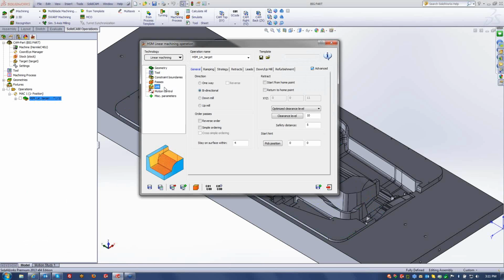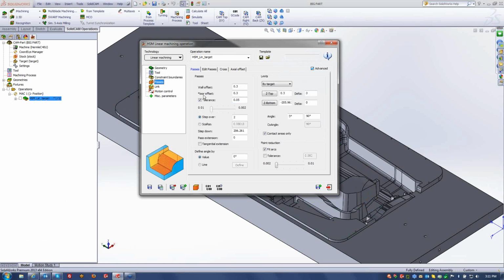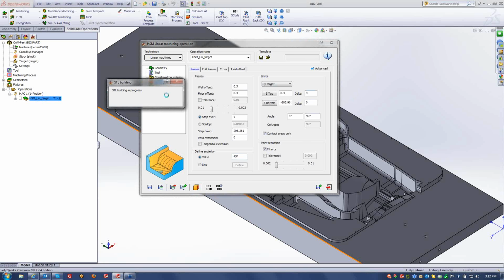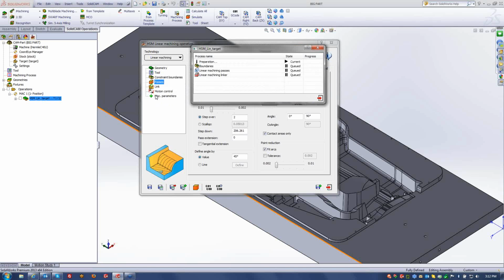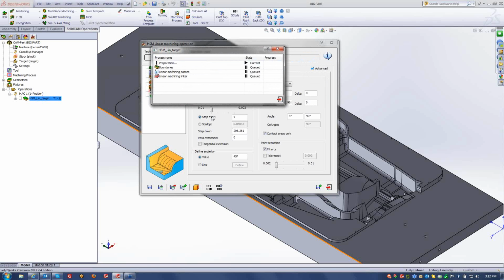Okay, I want to stop, go back to the tolerance, and work only with the default, 0.01. Now when I change the tolerance, I calculate the STL again, and here I want to work with 45 degrees, and I want to calculate again. You can see I generate the STL again, but now it works fast. Before, with the old version, it took a few minutes, but now with SolidCAM 2013 it works really very, very